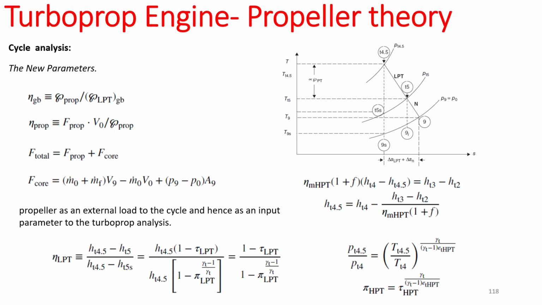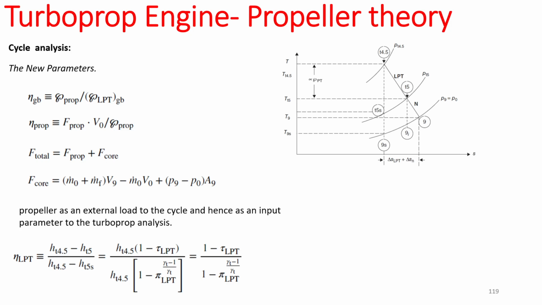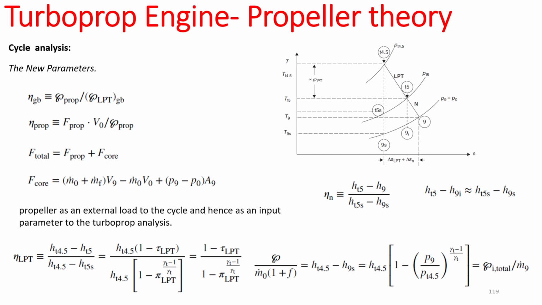Does this make sense? We have seen all of these equations before, the only difference is that we are writing them for a high pressure turbine and a low pressure turbine. So the subscripts and the station numbers are going to be a little different. Just have to be mindful of that. Then we also know, we have already seen this, the nozzle efficiency, from station 5 to station 9. I already talked about this. But